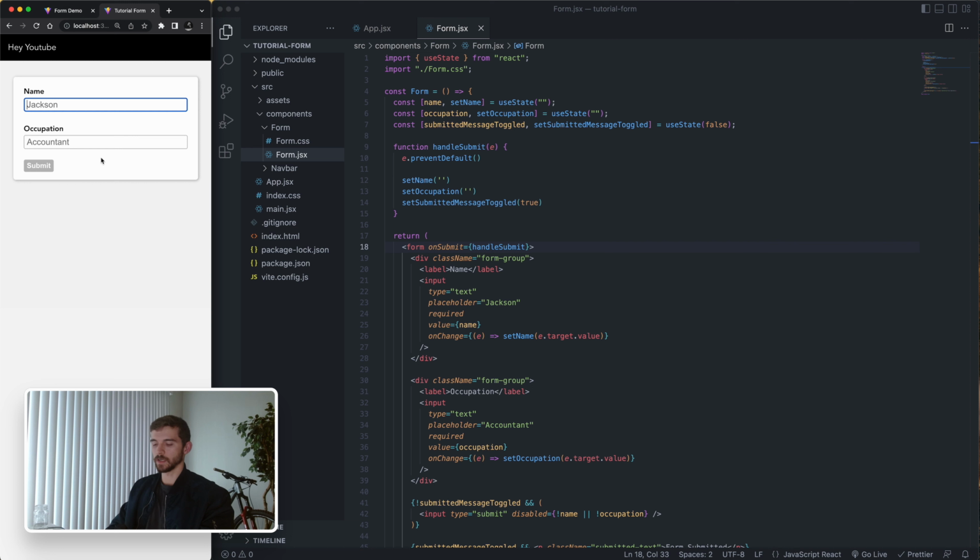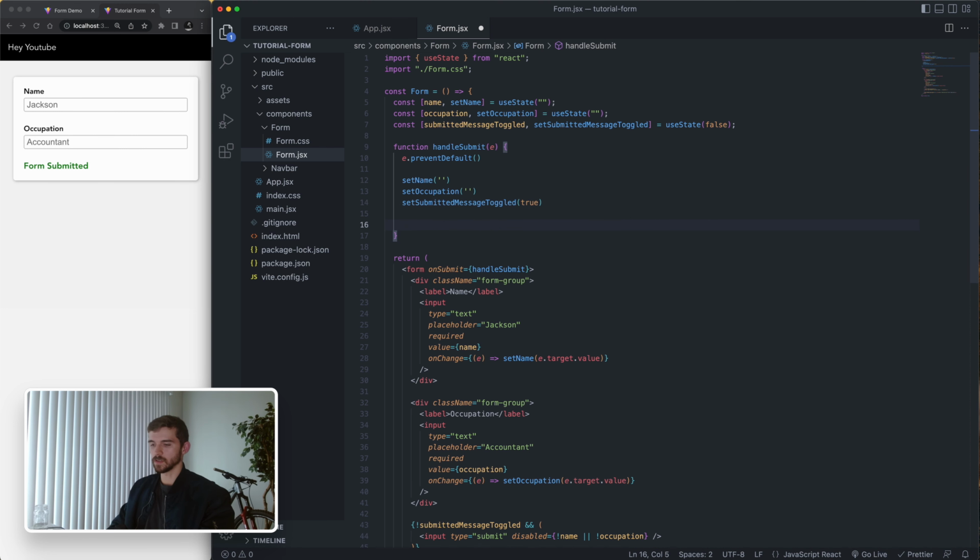So in this form, I'm going to say Jacob for name, and then occupation is web developer. I'm going to press submit. The fields are going to go blank. Form submitted is showing because of submitted message toggled, but you probably want to reset the form instead of showing this form submitted indefinitely. So what we're going to do, this is going to kind of mimic an asynchronous API